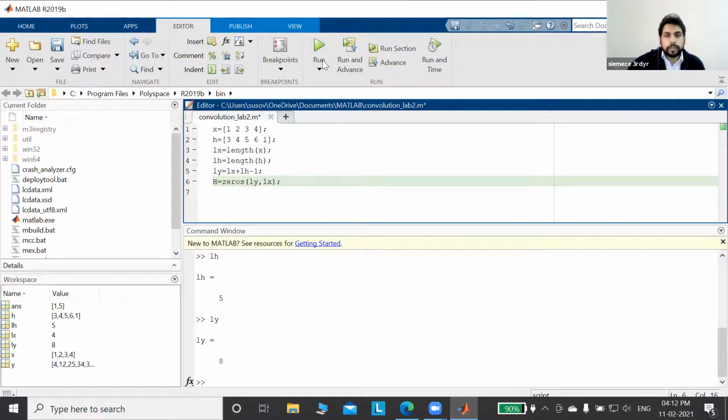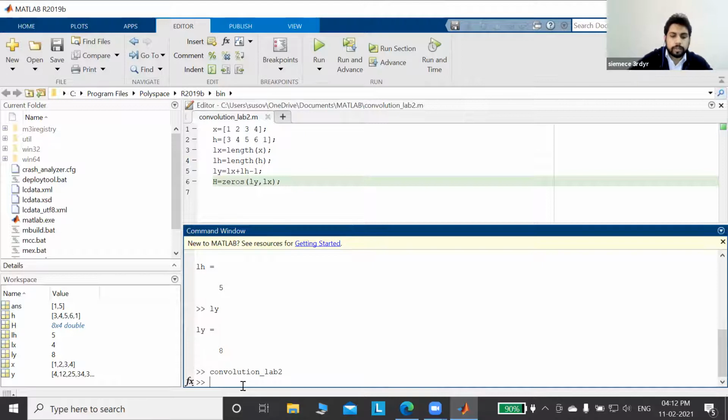If we run this program, you can see in the command window, if I type H, this is an 8 cross 4 matrix.